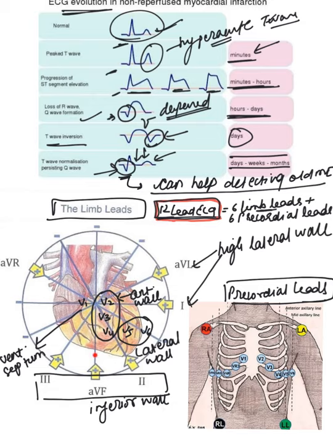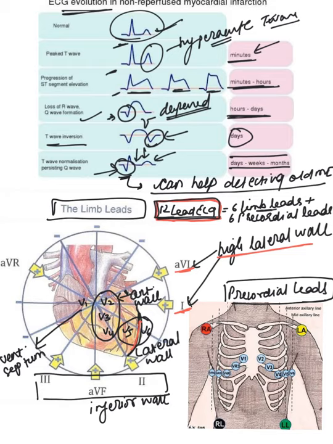So whenever there is inferior wall MI, there will be ST elevation in 2, 3, AVF. Similarly, this is the lateral wall, and this is the high lateral wall. If you look at this border, this is the lateral wall, and this is the high lateral wall. So the high lateral wall is represented by 1 and AVL. And the lateral wall here is represented by V5 and V6. So V5 and V6 are the lateral leads. V1 represents the ventricular septum, and V2, V3, V4 represent the anterior wall. So septal infarction will lead to ST elevation in V1, anterior wall infarction will lead to ST elevation in V2, V3, V4.